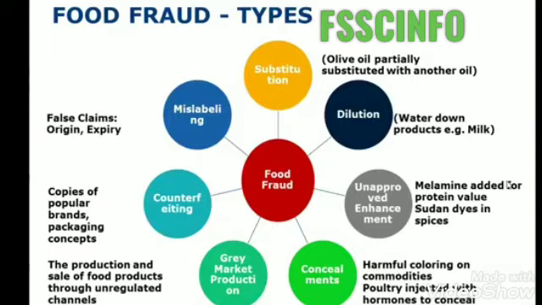Now the fourth type of food fraud is concealment. This type of food fraud is normally done to hide the low quality attributes of food products. Somehow in the commodities business, especially pulses and lentils, like in Pakistan, I suppose, chana is a chickpea, split chickpea, and many other pulses.